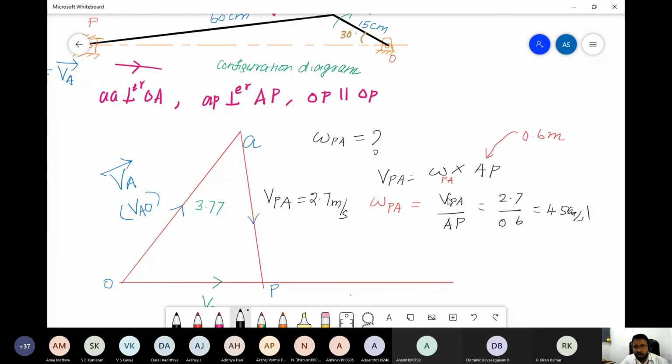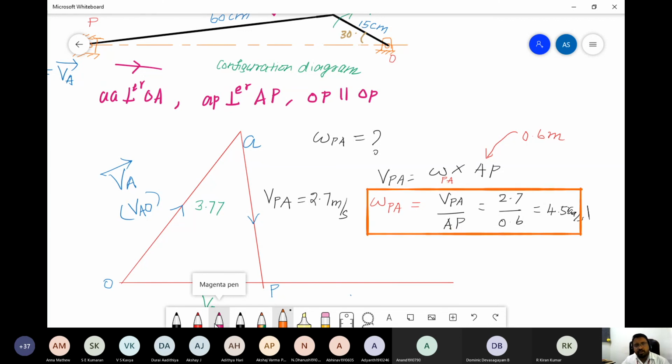Okay, so that is how we got the omega PA. This is the unknown value we are trying to achieve because we don't know the omega value. Most of the problems will ask you to find the omega value. So this way we can find it out. I am posting the video. You can revise it and you have to draw it. Anyway, I am going to give this as an assignment. I'm moving slowly so that you get the concept thoroughly. Okay, that's all for today's class. Thank you for attending. Thank you, sir.